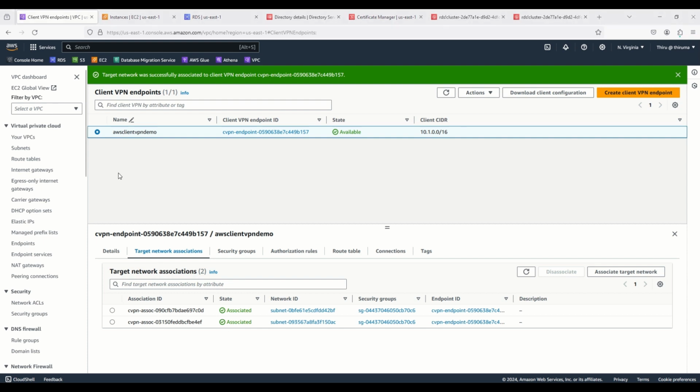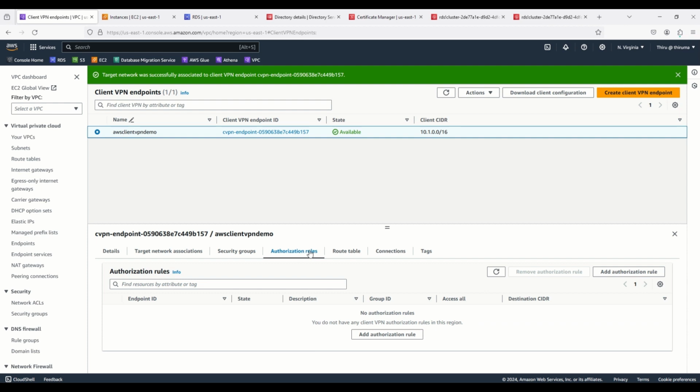Okay, the target network association for the second subnet is also completed. Now you can see both the subnets say associated. So next we need to add an authorization rule for the VPC. For that, let's go to authorization rules here. Go to add authorization rule,